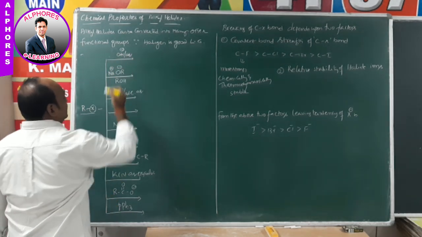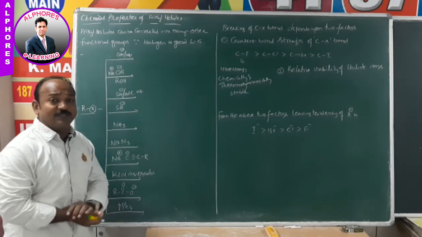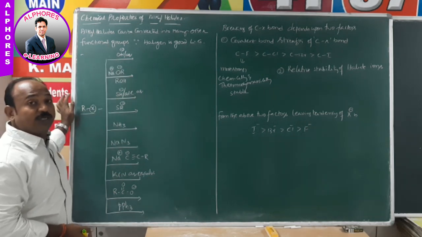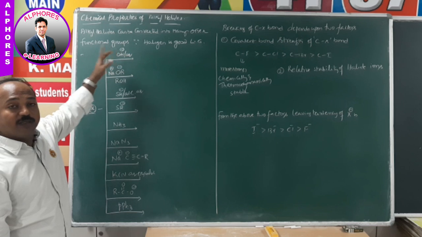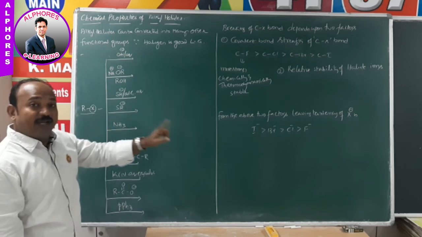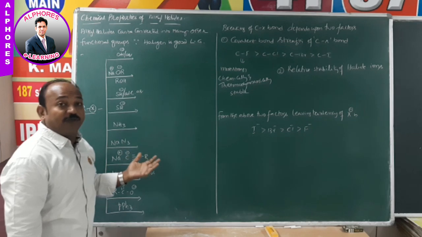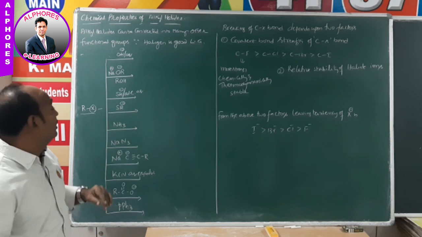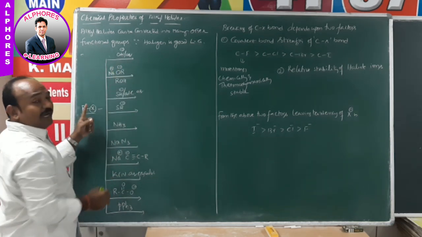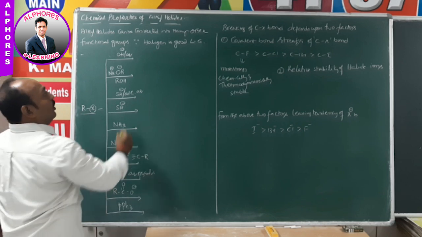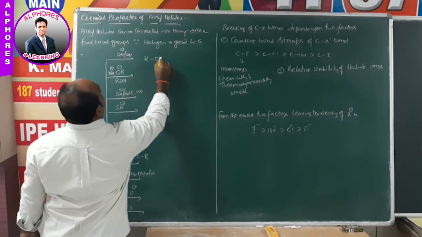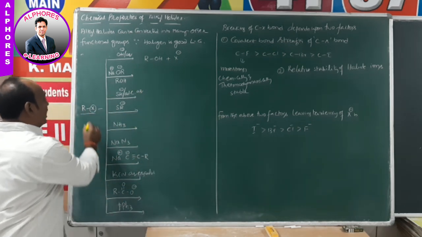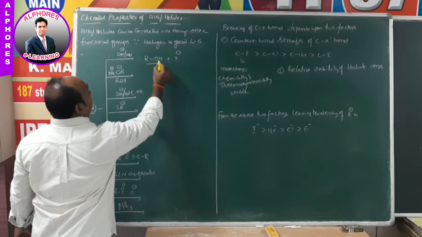Upon treatment with aqueous base, why do we need to use aqueous base only? Because aqueous base promotes substitution. If you are using alcoholic base, then it leads to elimination. We will discuss a little bit later how we can know whether substitution or elimination is the major product. Now, in aqueous base, X minus will be displaced by OH minus, and we get the product ROH plus X minus, which means alkyl halides convert into alcohols.